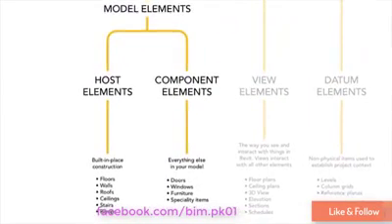On the model side of the branch, we can see that it branches into two subcategories of host elements and component elements. Now, host elements is really just another name for system families, and so those aren't the ones we're going to be talking about. You can see from the diagram it's the walls, the floors, the roofs. The component families is the loadable families, or the ones in the family editor that we're going to be talking about, and those are our model elements that we can put our hands on, that we can touch,